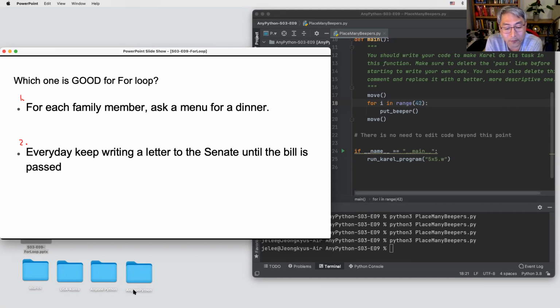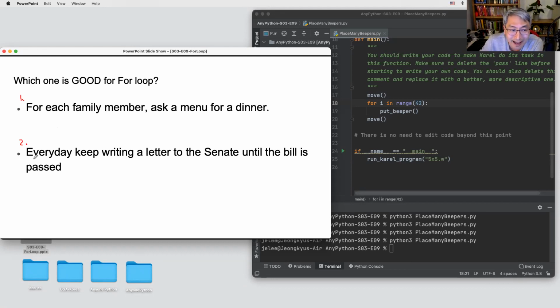A lot of the students, Brandon, Daniel, James, is anyone thinking number 2 is good for the for loop? Young says 2. So let's see which one is better for the for loop.